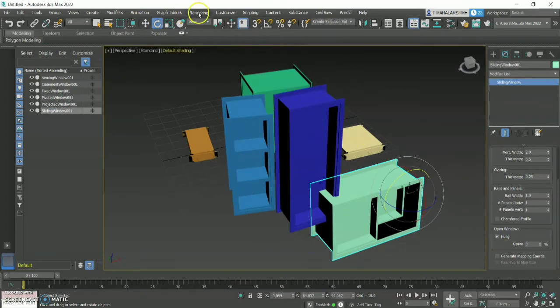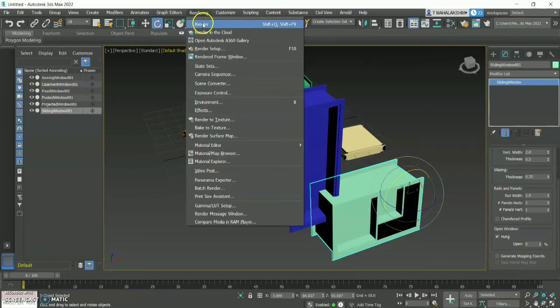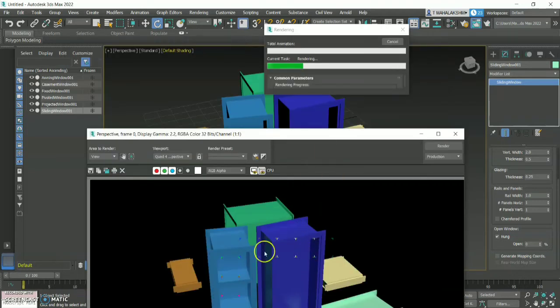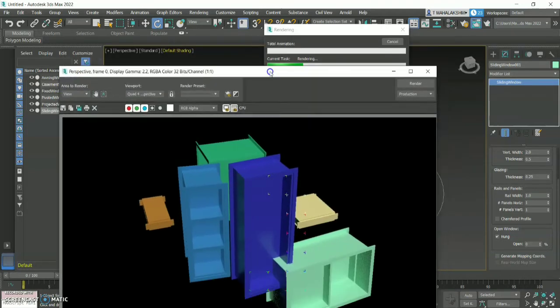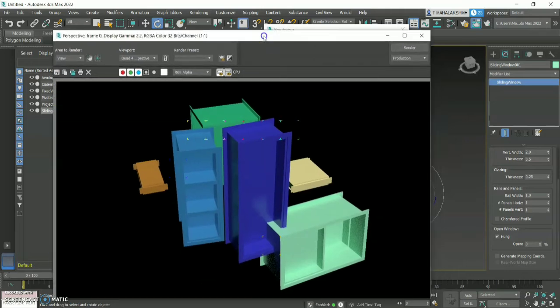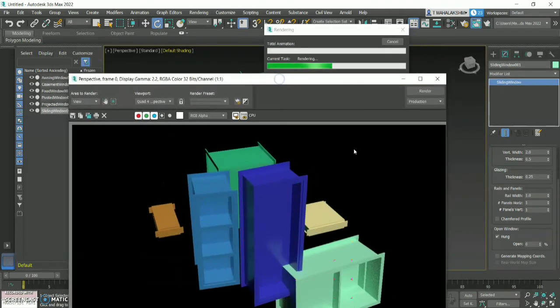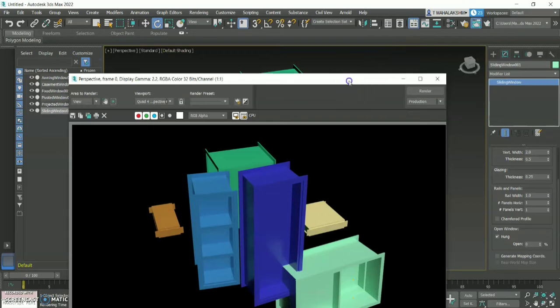Now what I'm going to show is, here you can see the option called rendering, right? Click on to that, and there you can see the first option called render. You have two shortcuts, Shift Q or Shift plus F9. It depends on your Windows, either Windows 9 or 10, whichever option works, you can click on to render, and here you can see the output of whatever product or things you are creating in the perspective. And before that, make sure the green color which is running on the rendering option is completed, so that the clarity of the image will be perfect.